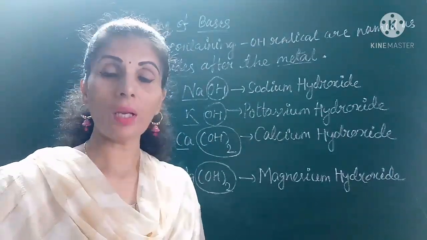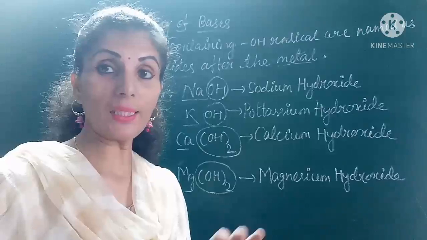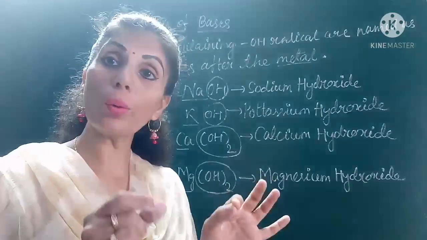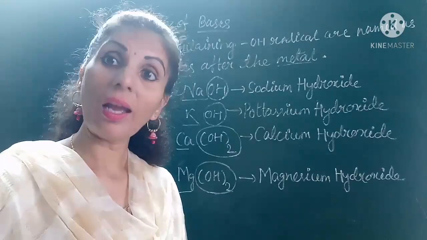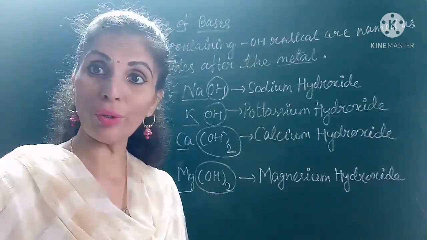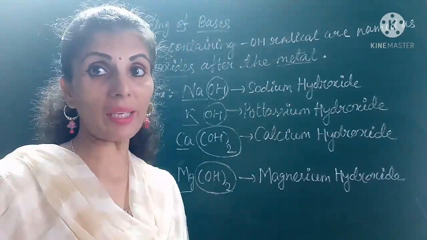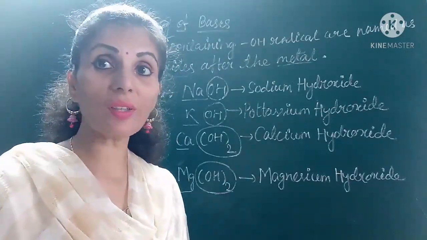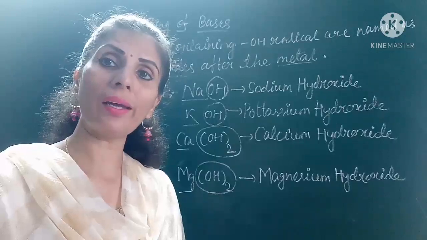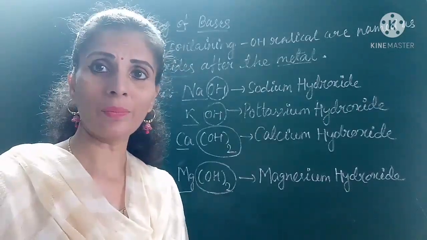But here, how to name the bases which contain the OH radical? What is the name of OH? Hydroxide. So, whenever you are naming a base containing the OH radical, after the metal you have to add only hydroxide. For example,